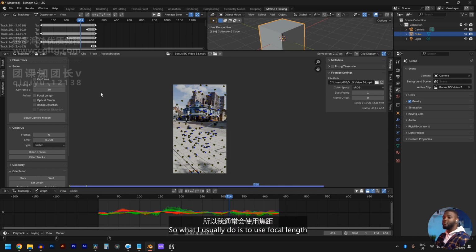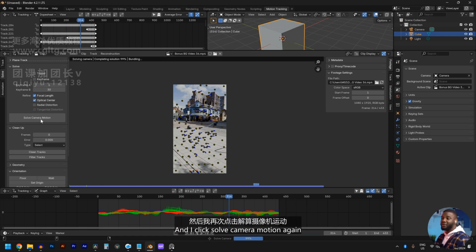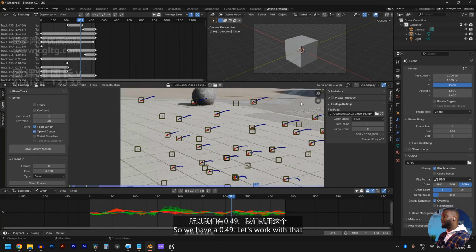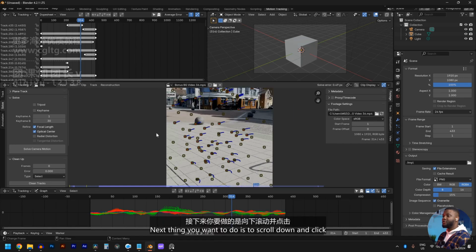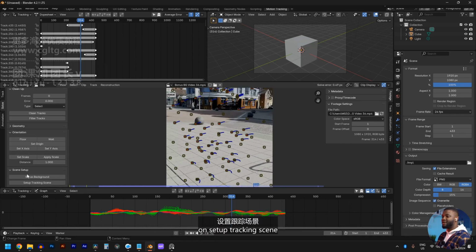So what I usually do is to use focal length and optical center to refine the solve. And I click solve camera motion again. So we have a 0.49. Let's work with that. The next thing you want to do is to scroll down and click on setup tracking